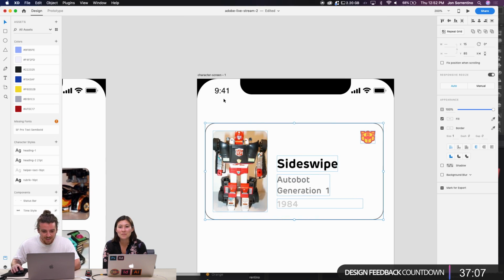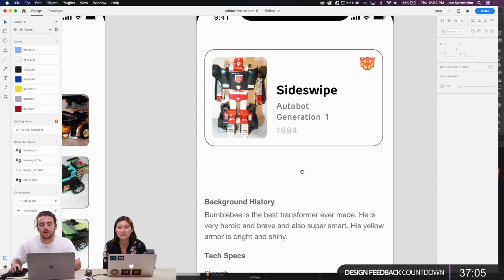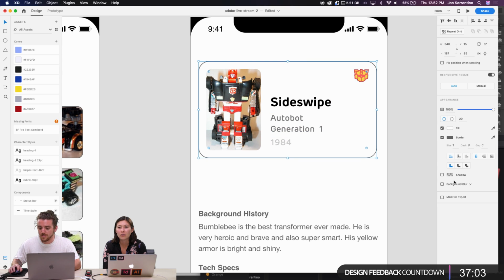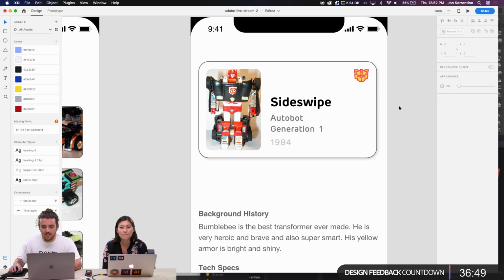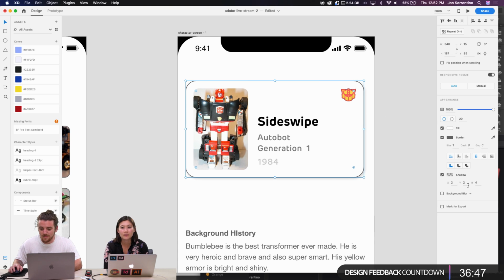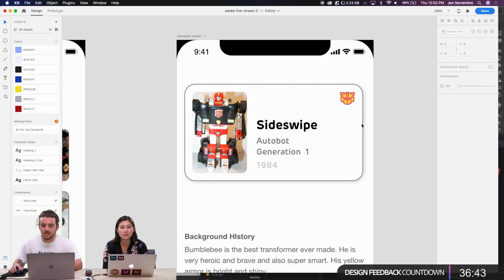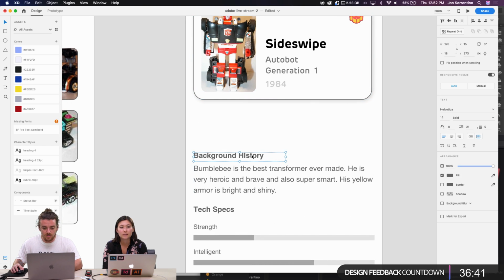So we make this little card here. I want to actually add a little bit of a drop shadow. I never really know what the best absolute drop shadow settings are, but I usually keep it at like 15%. And I think that looks okay. Maybe the blur needs to be a little bit bigger, so 8. Keeping it light.